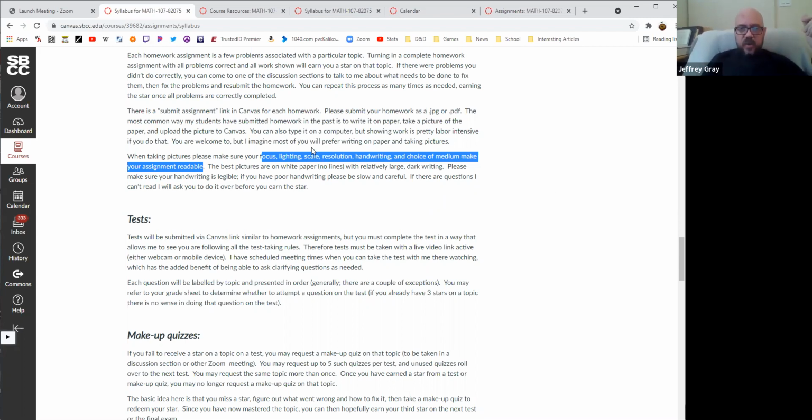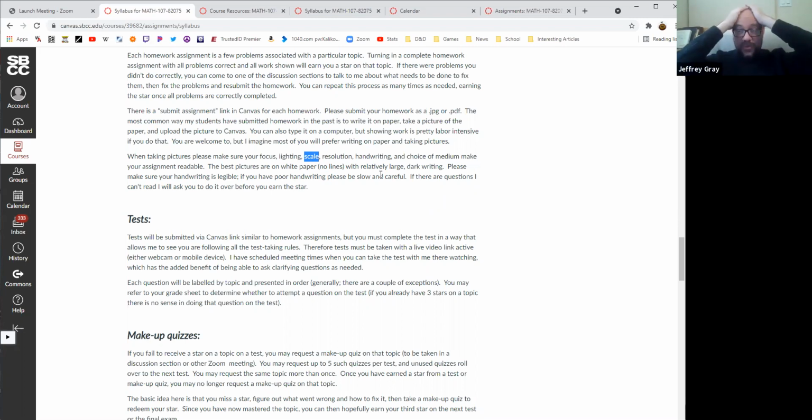Scale. When I say scale, what I mean is don't go 3 feet above your paper to take the picture. Get it close enough, like fill up your screen with the picture. Make sure it's nice and readable. Resolution. Don't make your resolution too low or too high.